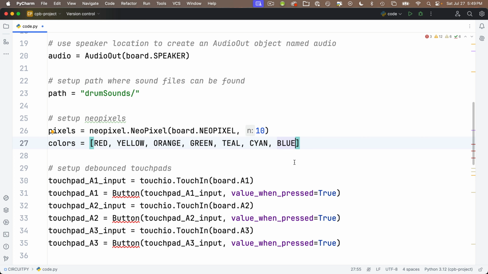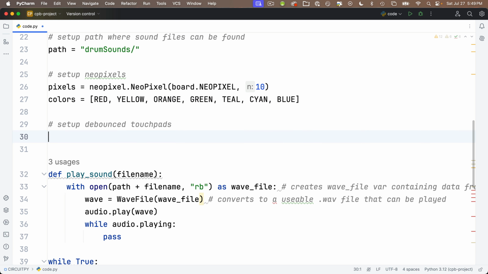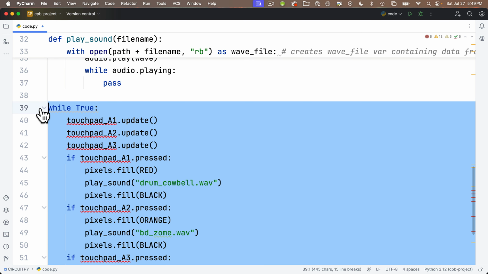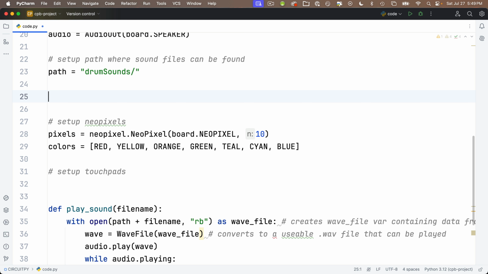Now I'm going to set my touchpads up an entirely different way, so I'm going to delete the code for setting up touchpads here, and my while True is going to be different, so I'll delete that code as well. And before we set up the touchpads, why don't we read in the drum samples? So the challenge said that you should create a list named drum_samples, so we'll set that equal to square brackets. And so I don't have to type in all the names,